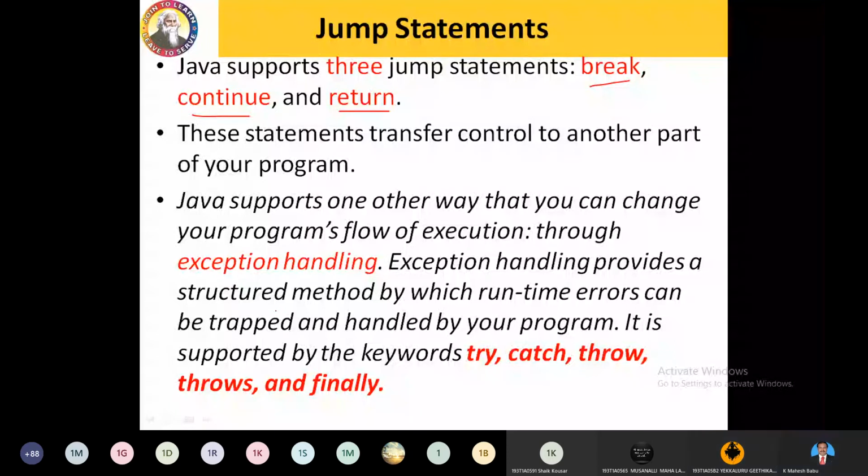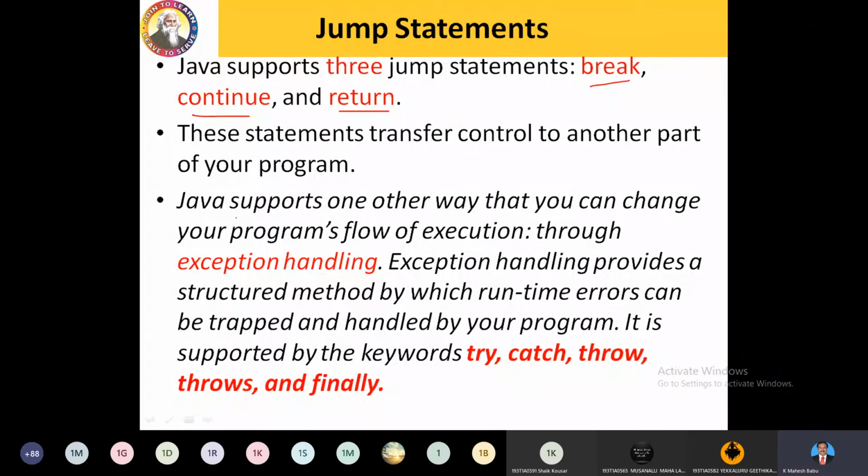Yes, sir. So break simply breaks that particular loop and comes out of the loop. Whenever the condition is satisfied, it simply breaks the current loop and moves out of that particular loop. But continue is not the case. It simply bypasses all the statements and moves to the next iteration. And return is not the case. It simply takes the control out of the function, right? And we will see this return will return a value. We can pass some value. The return will take the value and hand it out to the caller. Whoever called that function, it takes a value and gives it to them, right?